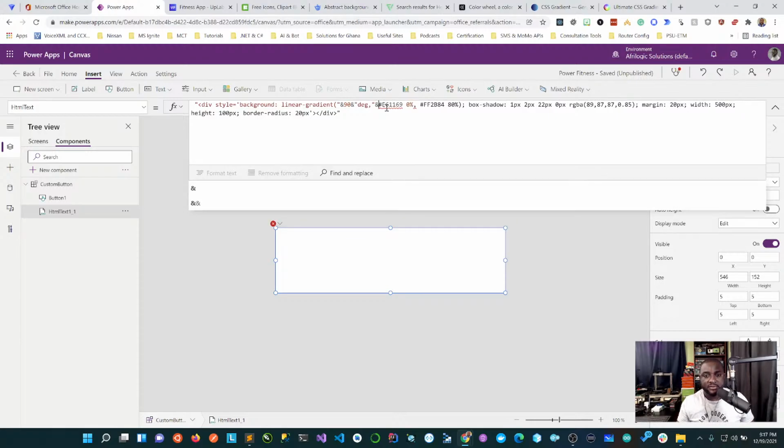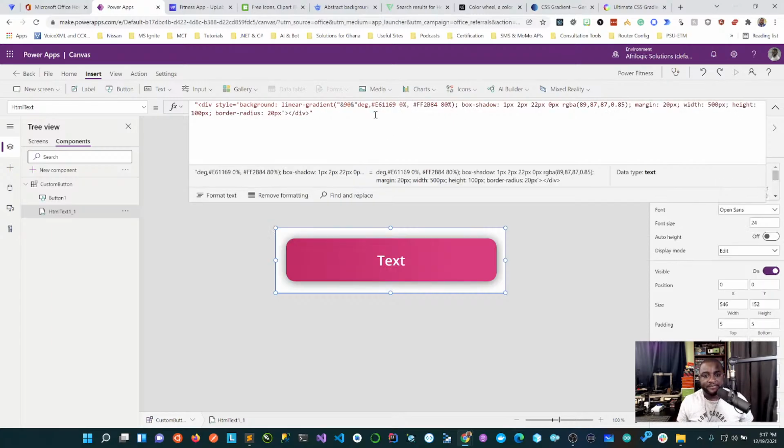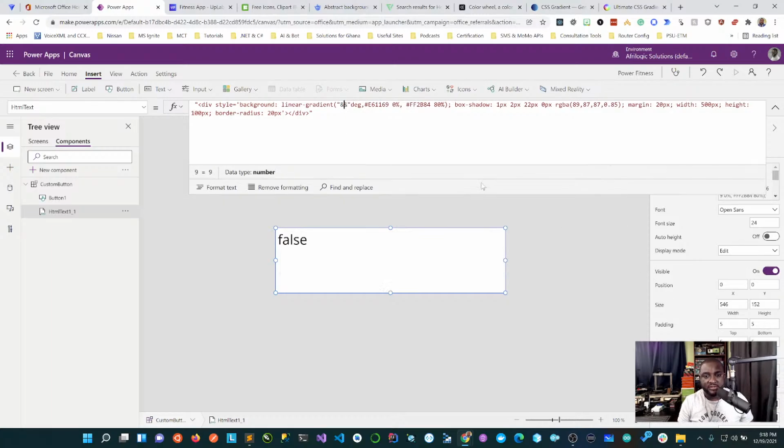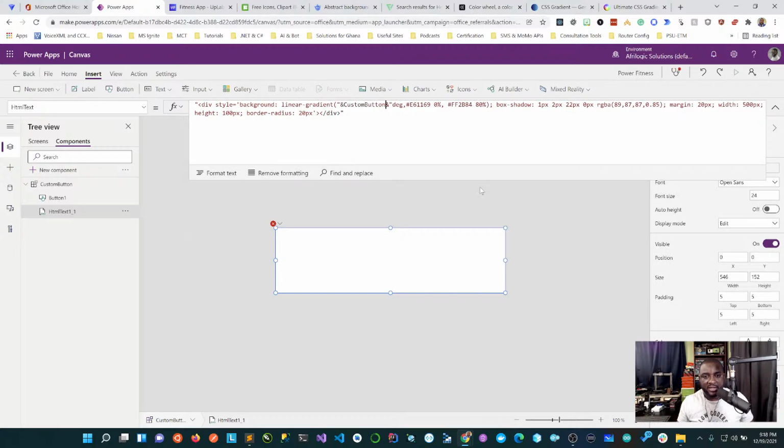No, let's do this. So this is going to be the color. All right. And then we'll put another ampersand, and then we'll do this. All right. So again, what's happening is that anything between these ampersands will be treated as a variable. All right. So let's do this. So we can even start with the angle. So here, I'll just go ahead, and this one is going to be the name of the component